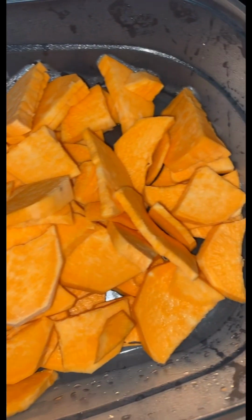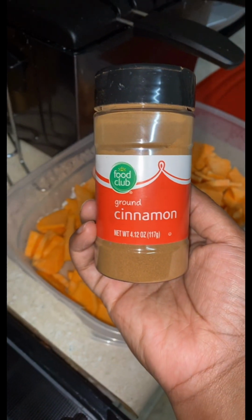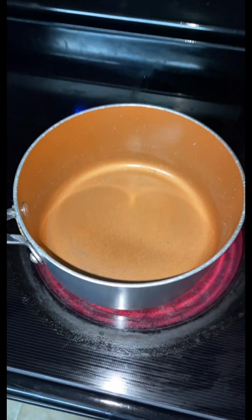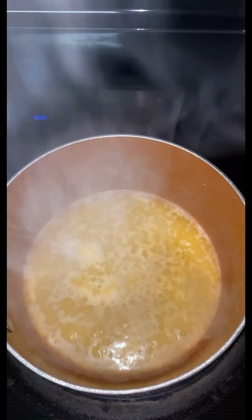Now, I'm finna fix some yams, y'all. It's so easy. I love yams. So I'm going to cut them up however I cut them up in that size. However they come out cut up is how they do. So I'm going to use some sugar, some vanilla, cinnamon, nutmeg, and dark brown sugar, and some butter. Y'all want to hear what's funny? I know y'all seen that cheap vanilla extract that I use, but I promise you it tastes the same, so